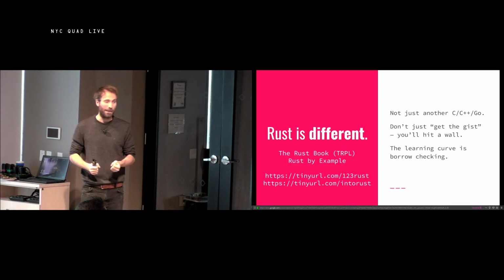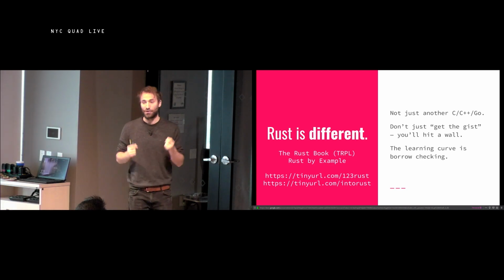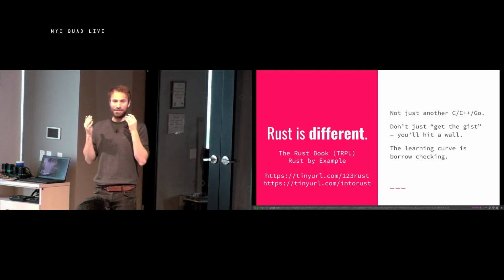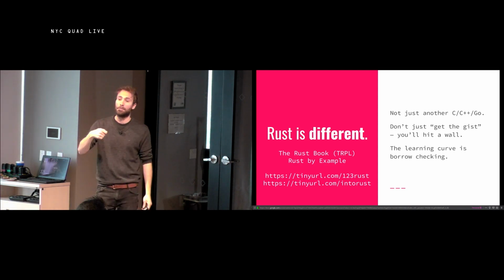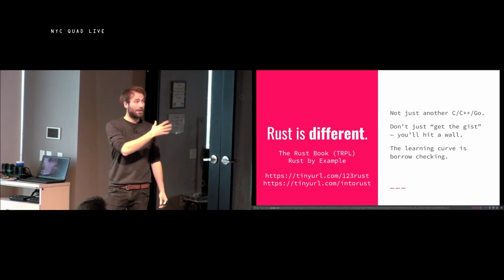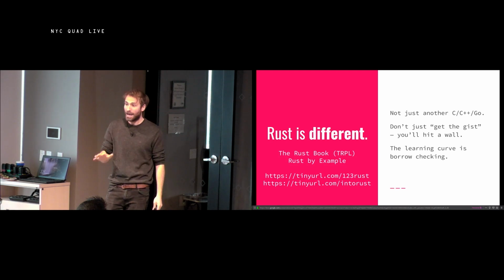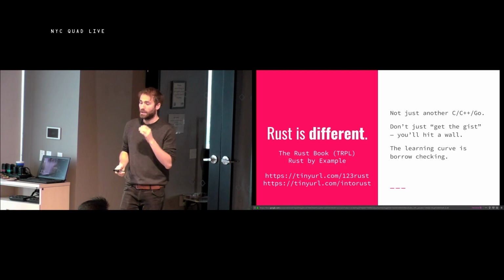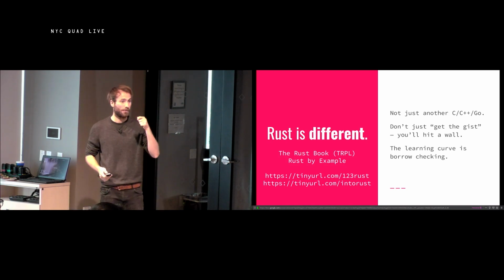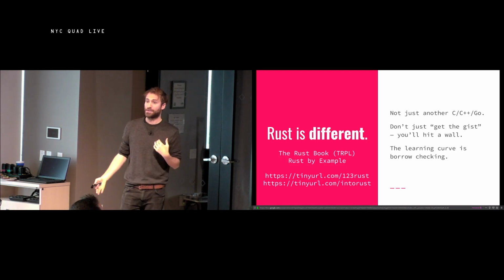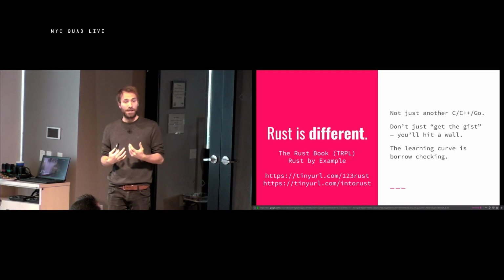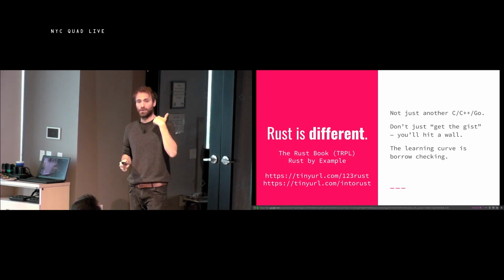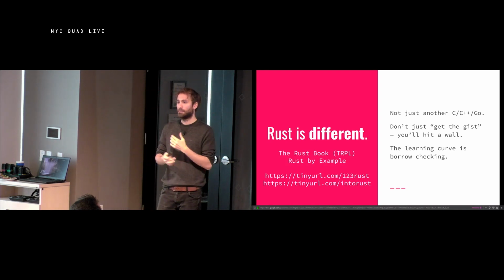You're going to be spending a lot of time sitting there, the compiler yells at you going, you're not allowed to do that, and you go, why? And then you're just going to be screaming into the void because you don't understand the model that's underlying it. I've tried to give you some inkling of what it's like, and it's not actually all that complicated, but you do need to learn the model. So the learning curve is basically learning borrow checking. Now, there is a lot of depth to that, but even just a cursory understanding is going to get you pretty far. I really recommend that you read the Rust book. The Rust programming language book is an online book written by the Rust team.